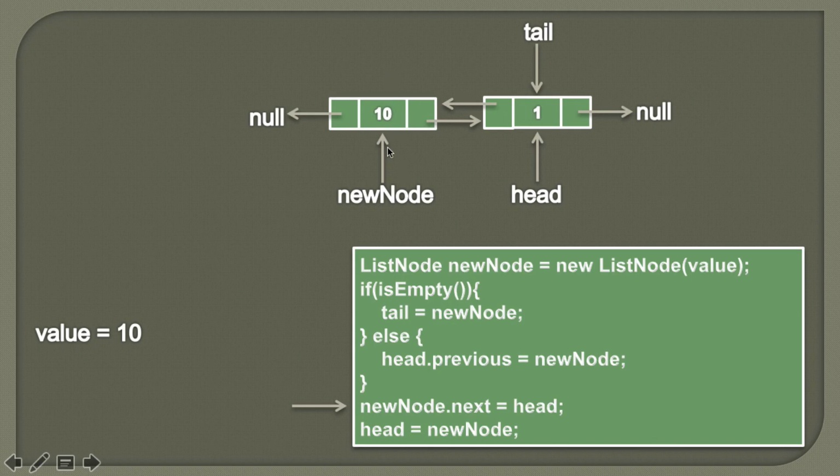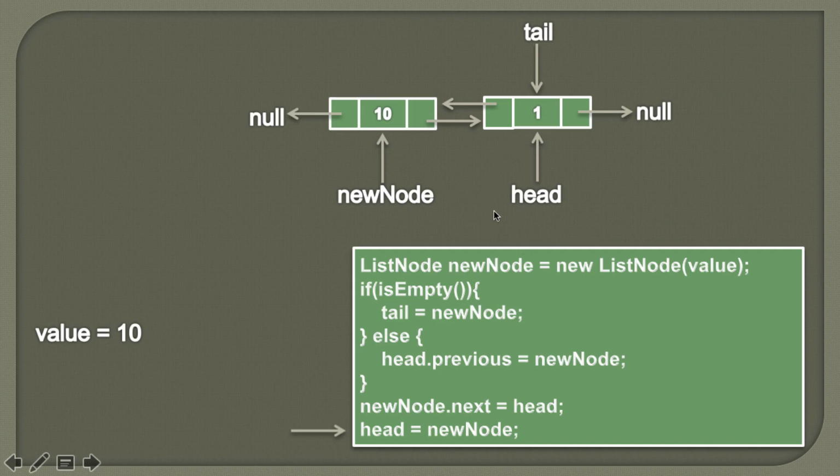So the node which comes first refers to the other through the next pointer, and the node which comes after refers to the first one through the previous pointer. So here in the else part we saw that head.previous referred to new node, and here we saw that new node's next refers to the head. So moving ahead, in the last step we'll simply assign the value of new node to head.